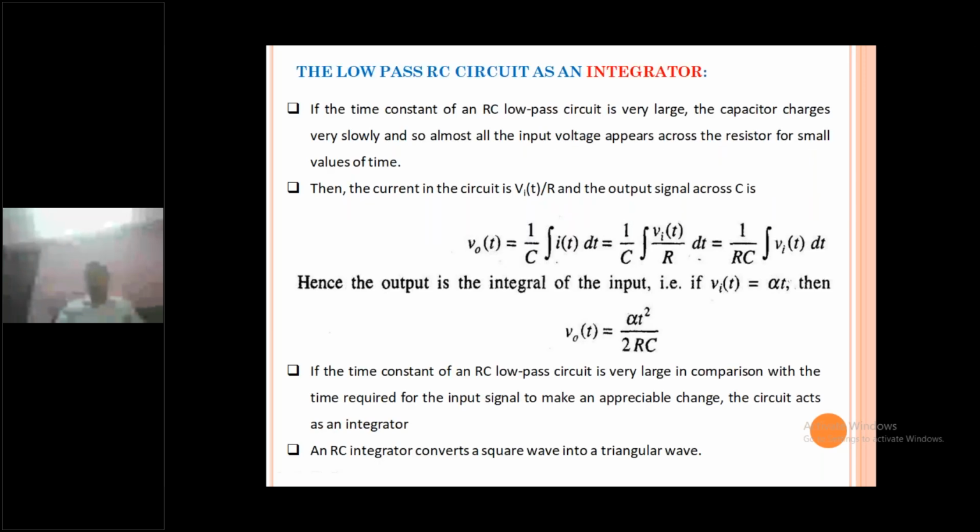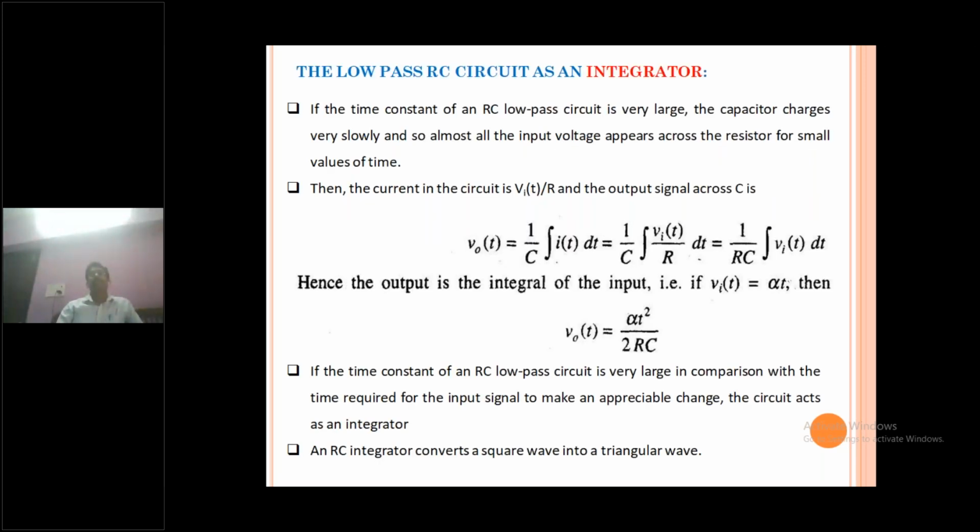Similarly, for a cascade connection, suppose the input waveform rise time is TR1 and the circuit rise time is TR2. What is the output waveform rise time? The formula is TR equal to 1.05 times the square root of TR1 square plus TR2 square. TR1 is the input waveform rise time, and TR2 is the circuit rise time, which is 2.2 RC. Likewise, when cascading multiple circuits, TR1 square, TR2 square and so on continue under the square root. So this is the completion of the low pass RC circuit for six inputs.